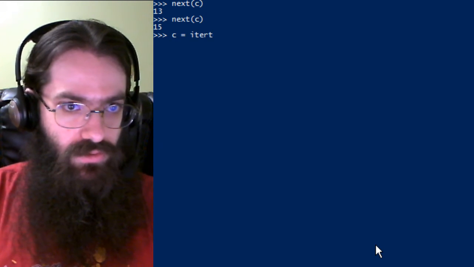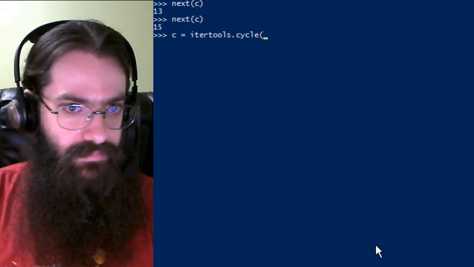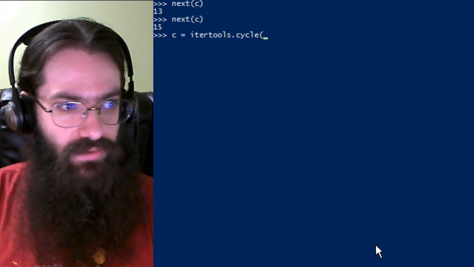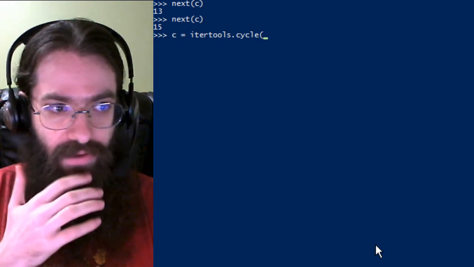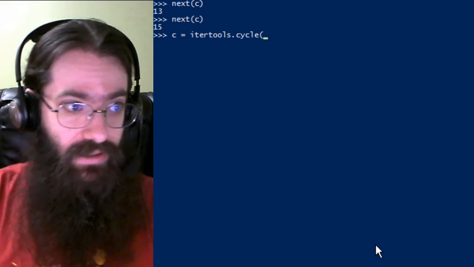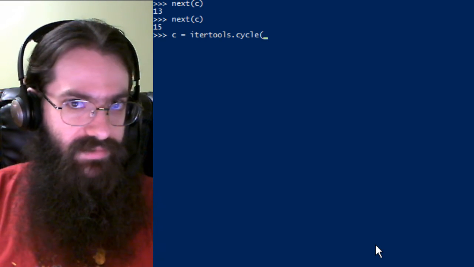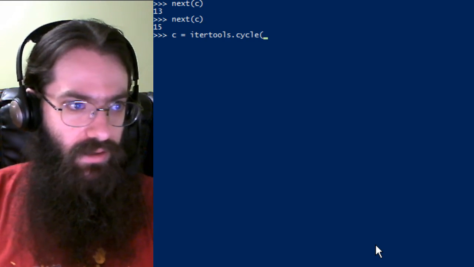C equals itertools dot cycle. I really hope it counts as today, yesterday, whatever. Because I was counting on that server being up when I hit the button. But instead it just kind of sat there for a while and didn't do anything. Anyway,